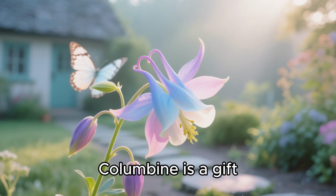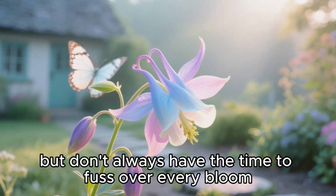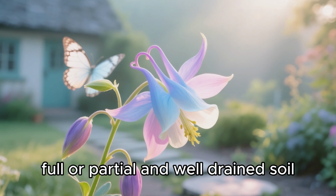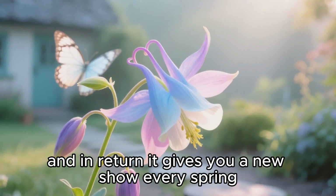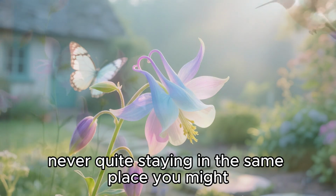surprise you. Columbine is a gift to those of us who crave a little whimsy, but don't always have the time to fuss over every bloom. Once it's planted, it doesn't ask for much. Just a little sunlight, full or partial, and well-drained soil. And in return, it gives you a new show every spring. Reseeding itself without fanfare. What makes it truly enchanting is how it behaves like a traveler, never quite staying in